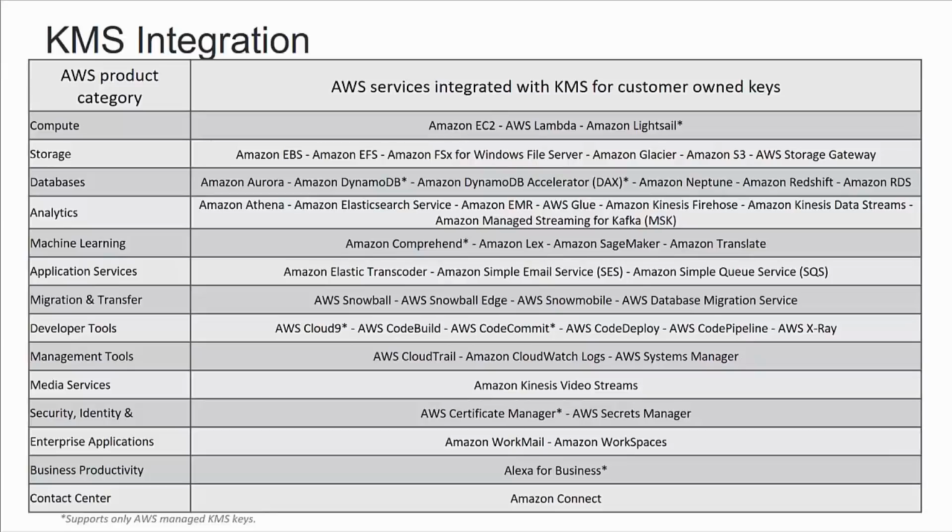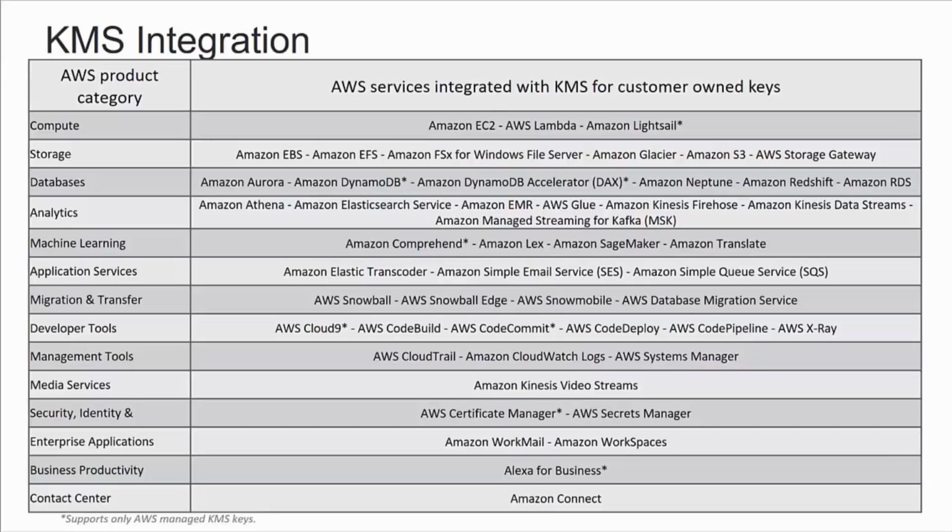In some cases, the service is managing the keys on behalf of the service, and you don't even have any visibility of those keys. We tend to describe it as a service-owned key. But these are the services that allow the keys that are being used to encrypt your data to be owned by you in your account and to be trackable and monitored and audited as being used in your own account and your own copies of CloudTrail. So you can see that as months go by and new services are launched, they will appear on this list. You'll see some of these services are marked with an asterisk.